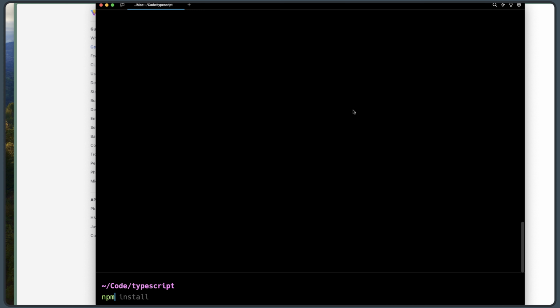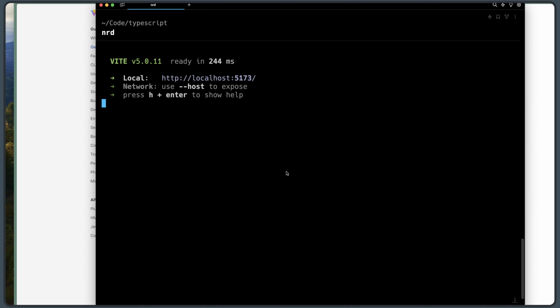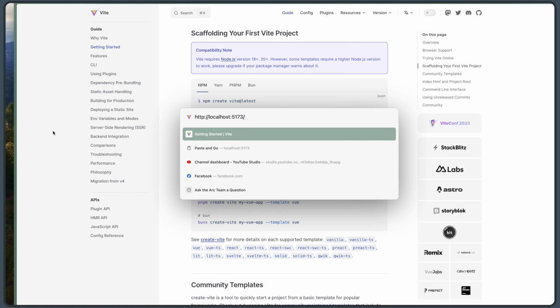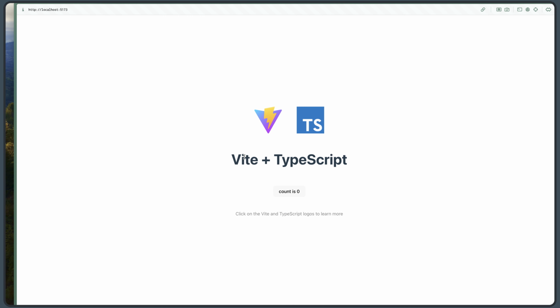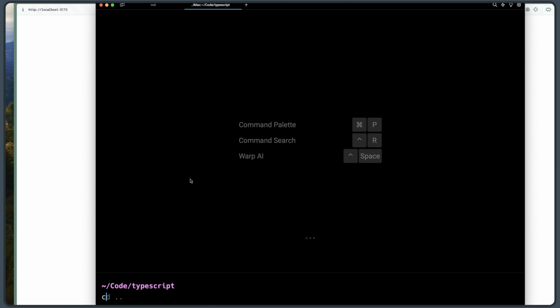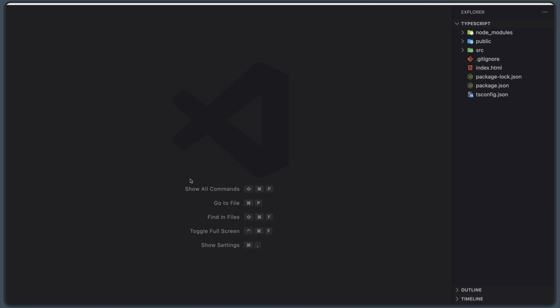and npm run dev. Now I have an alias for this, just nrd. Hit enter, and now we have this URL to open our project. If I copy this URL, come here, paste it in and hit enter, here we have Vite plus TypeScript. And if I open this project with VS Code, just to show you,